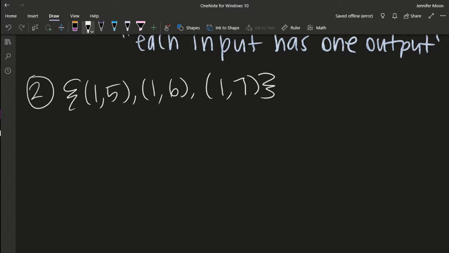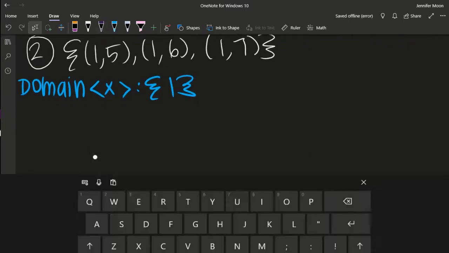So determine if our relation is a function. First, what we want to do is find our domain, which are our x's, and our x's are 1, 1, and 1, but we only write it once. Our range